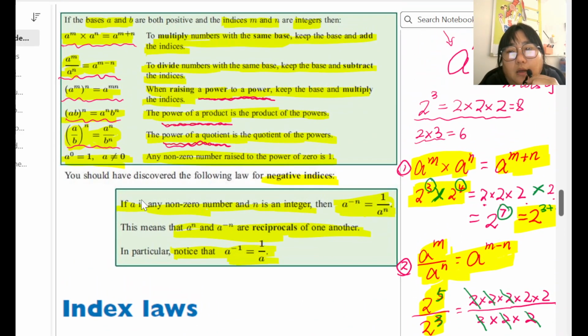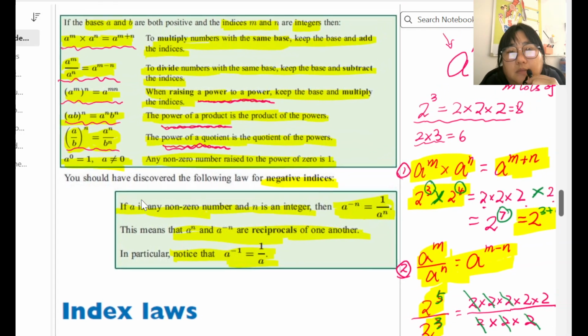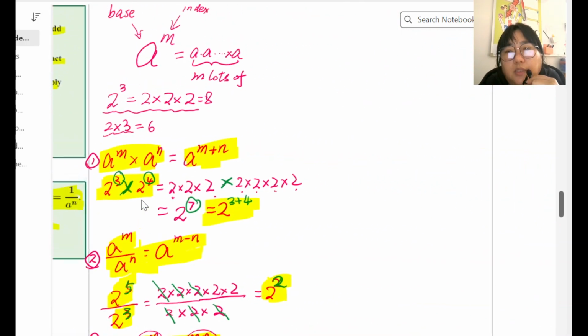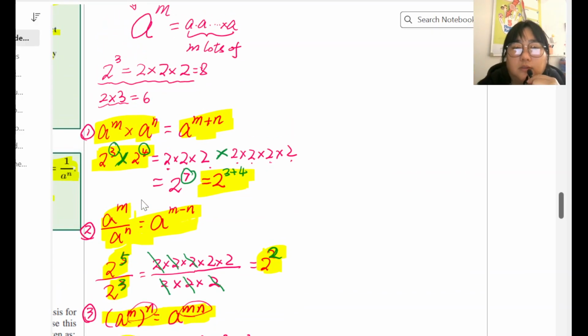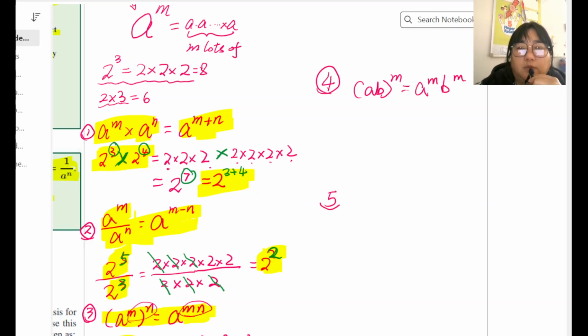Okay, I will copy this one down to here. So that is number 4. So (AB) to the power of m is equal to A to the power of m, B to the power of m. Number 5 is A divided by B, and that is the power